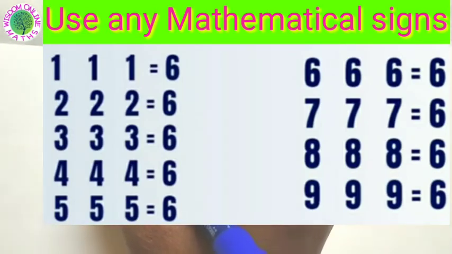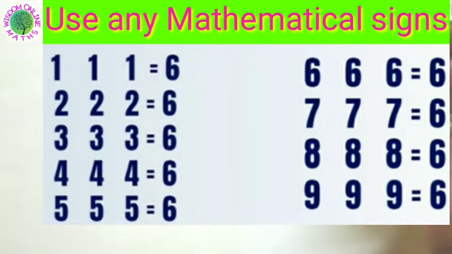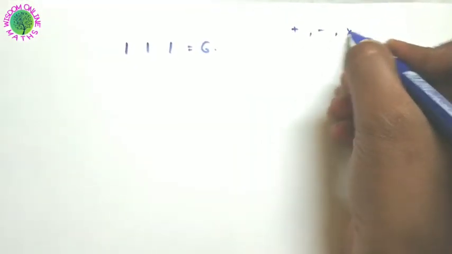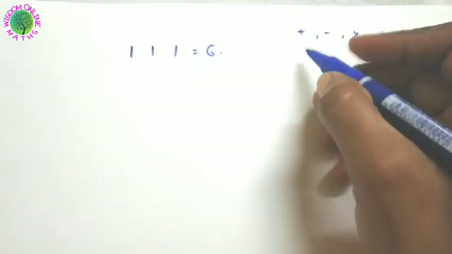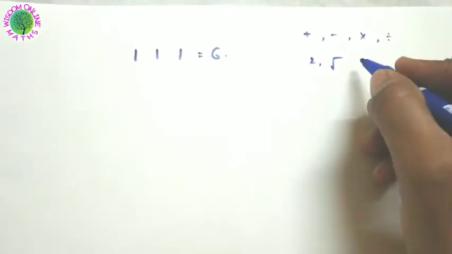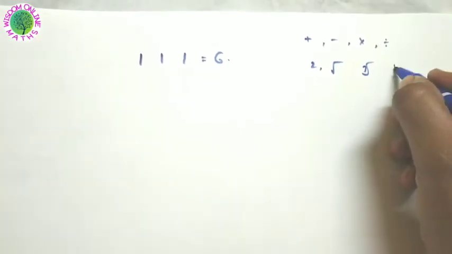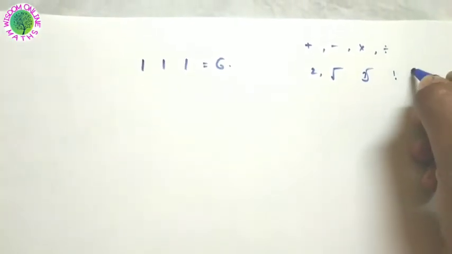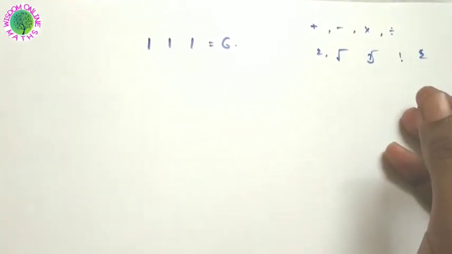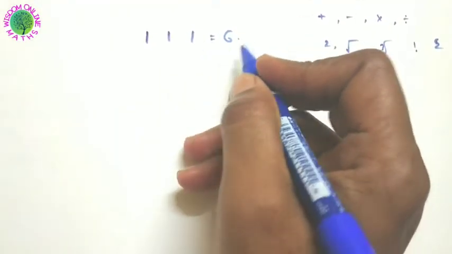The solution of the puzzle is: use any mathematical signs and try to prove how 6 is coming on the right hand side. Mathematical signs means the fundamental operations: plus, minus, into and division. Along with those, so many operation signs are there, that means square, square root, cube root, factorial, sigma. Like that, all will be called mathematical signs. We have to use any one of those and prove how 6 is coming